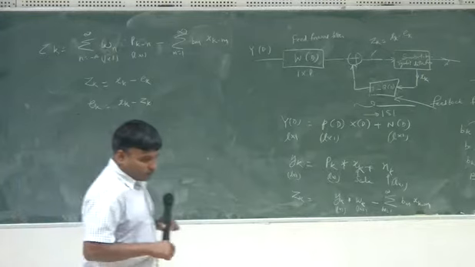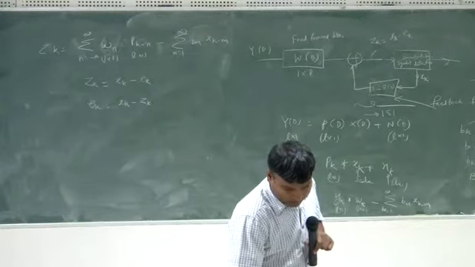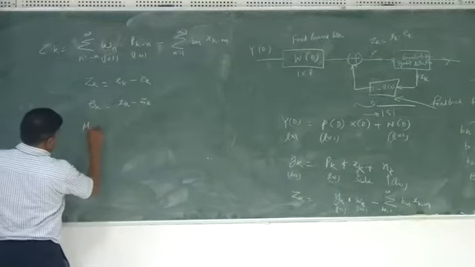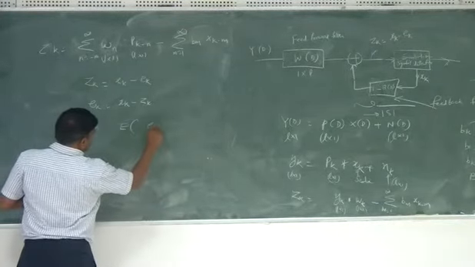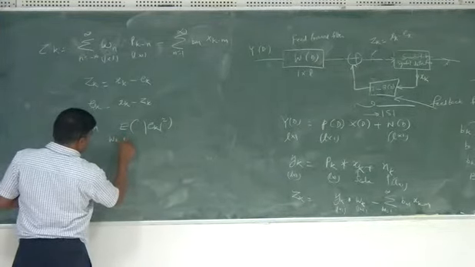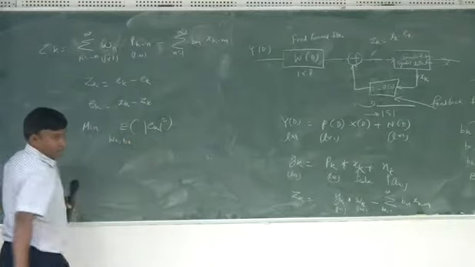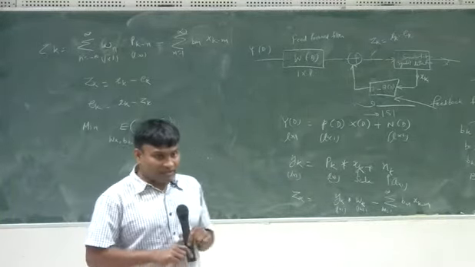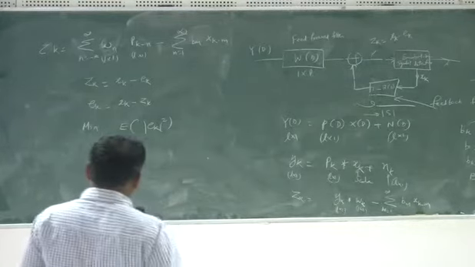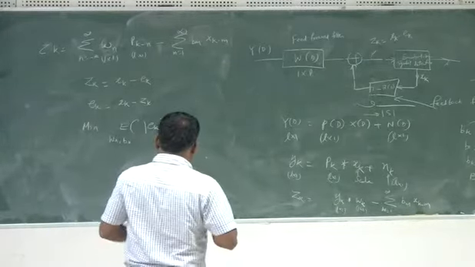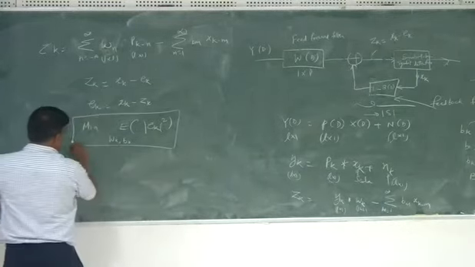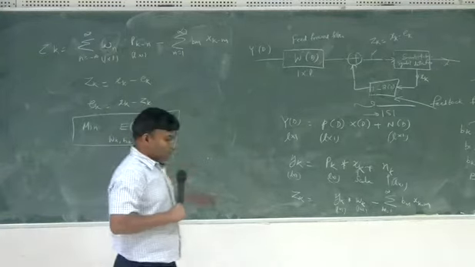Okay, so from now on, the rest of the derivation is fairly straightforward. So we wish to minimize the expected value of ek square over the choice of wk and bk. The two filters you have to optimize, right? No longer one filter. You have to find the optimal feed forward filter as well as the feedback filter. Okay, this is the minimization criteria. Choose wk, bk such that it minimizes the expected value of ek square.